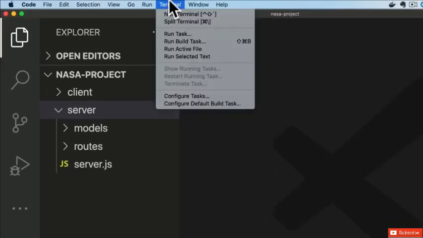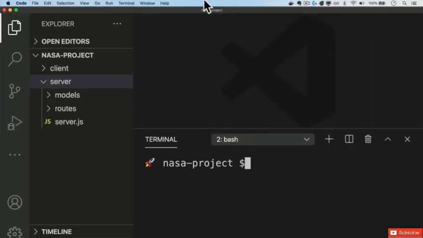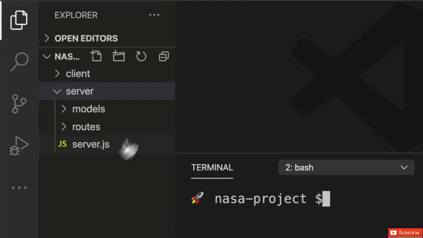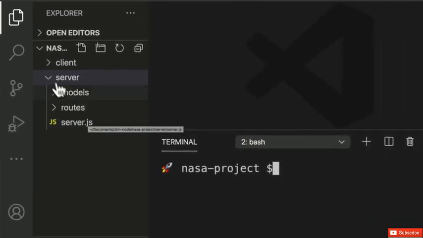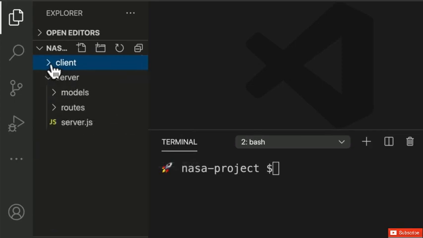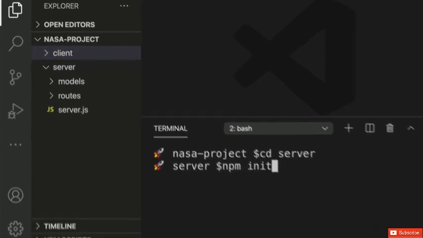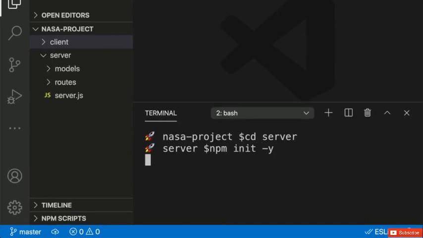So first thing, in our terminal, we're going to change directory into our server folder, because remember, now we have both a client and a server where the client is its own NPM package. So we're going to change directory, cd, into server, and set up our NPM package, npm init -y,